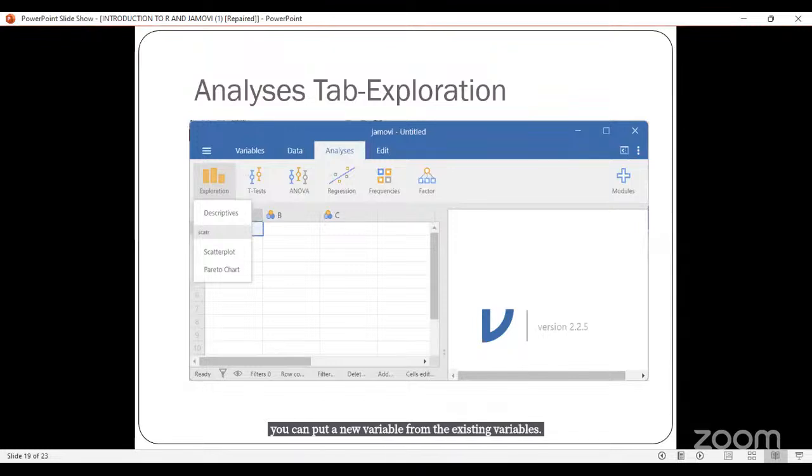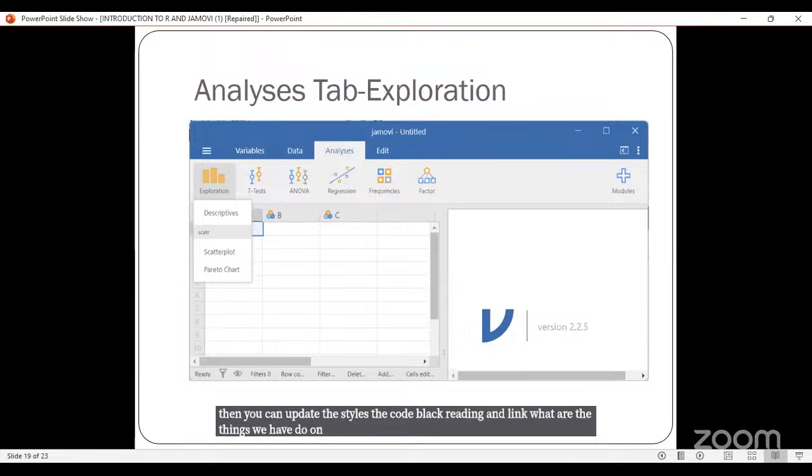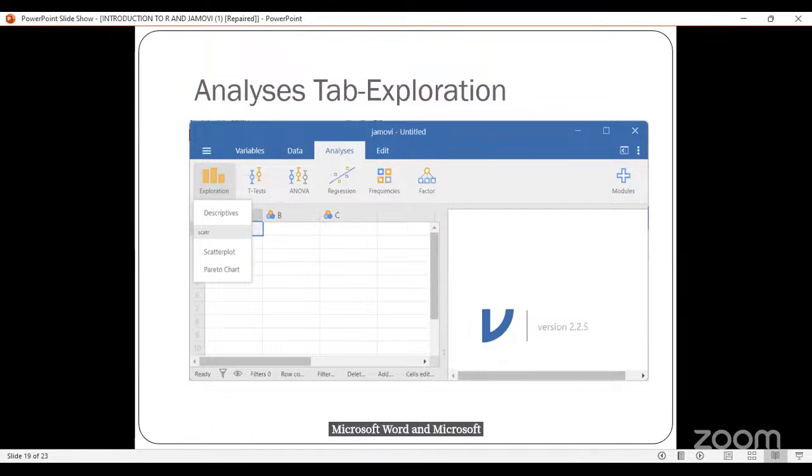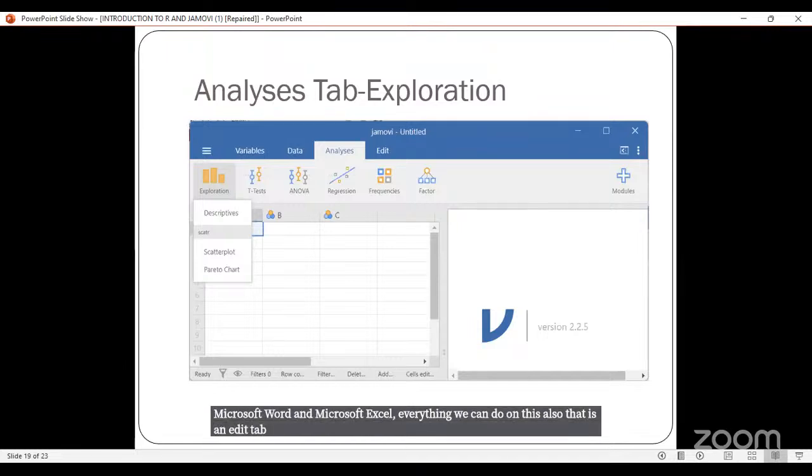Then you can apply the styles: the code block, heading, and link. Whatever things we have to do in Microsoft Word and Microsoft Excel, everything we can do in this JAMOVI tool also. That is the edit tab. Next is